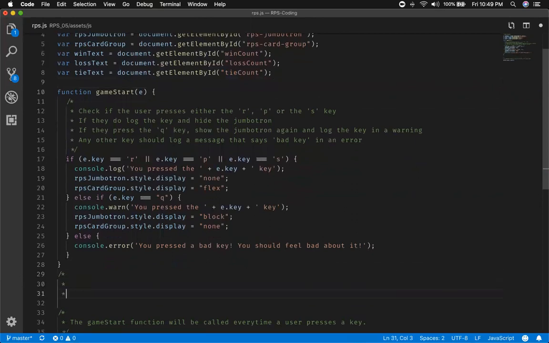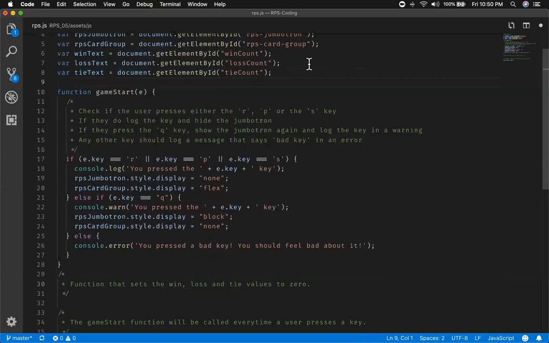And I'm going to have a function that sets the win, loss, and tie values to 0. So in order to do that, I have a reference to these HTML elements, but